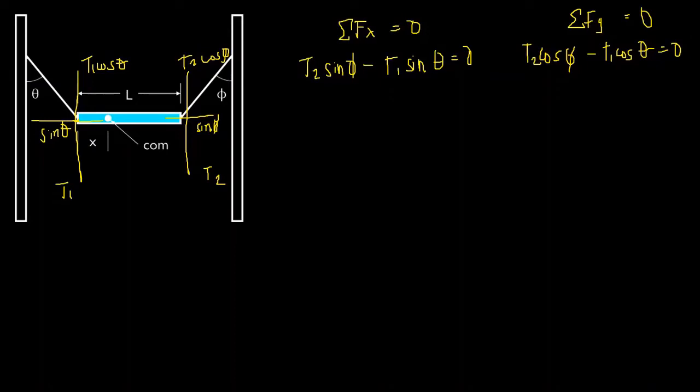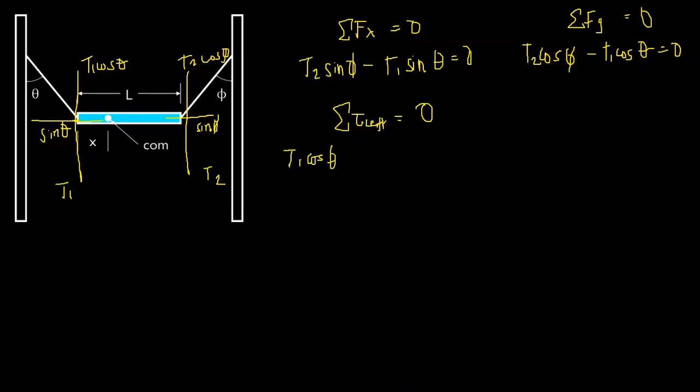So again, susunod na gagawin natin is we find the summation of torque on the left side. So tau left. So again, since hindi naman siya umiikot, it is resting. So therefore, we write the summation of torque on the left side is equal to 0. So ngayon, ano naman yung mga ilalagay natin dito sa computation natin ng summation of torque on the left side? So, we write T1 cosine theta